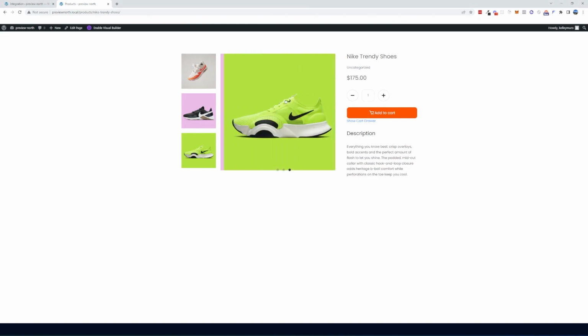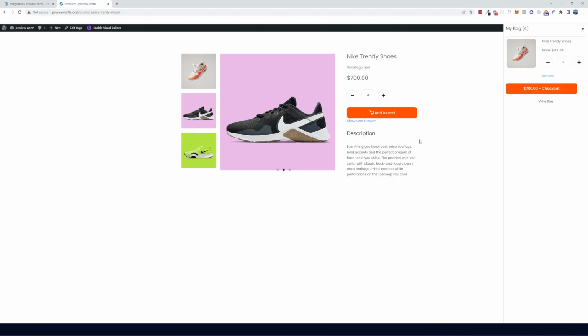So I wanted to take you through just some of the checkout flow now for North Commerce. This is the standard e-commerce checkout flow that you get right out of the box with the templates that we have. Basically what you can do here is adjust the quantity, and I can add a product to my cart, and it appears just right here. Then I can go check out,